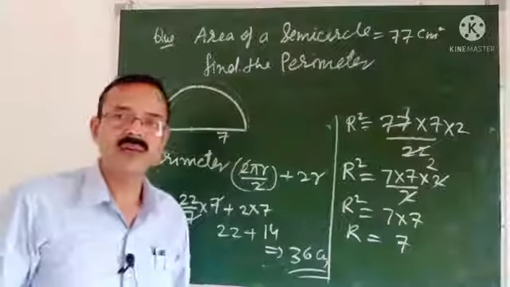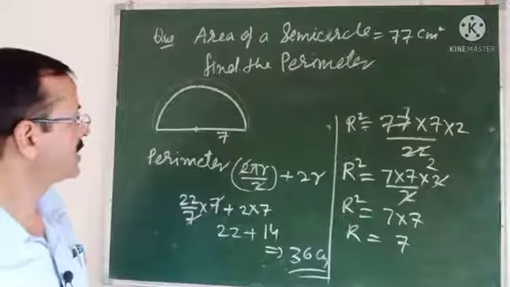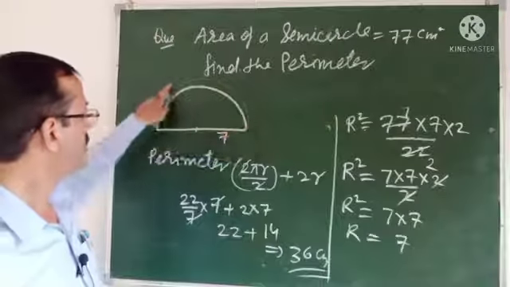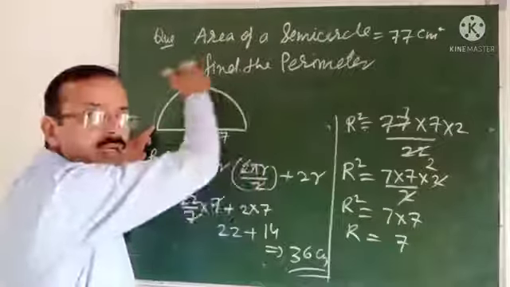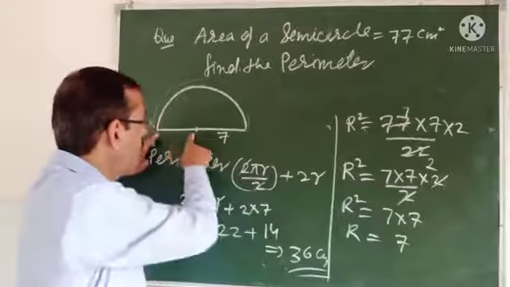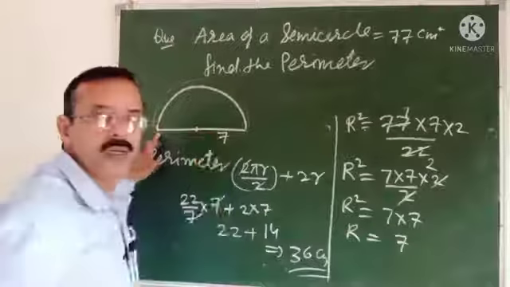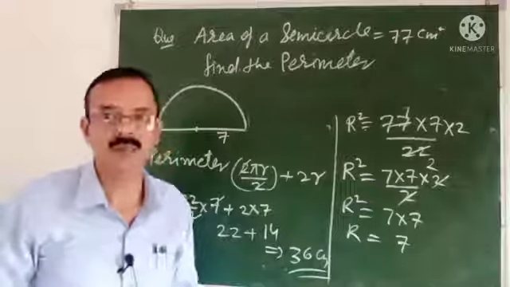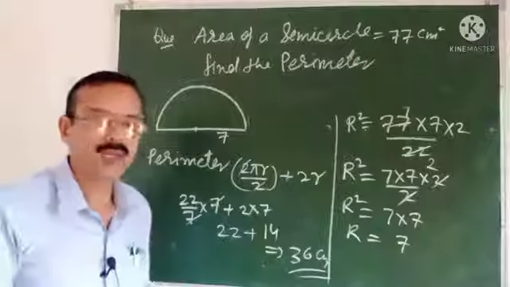We have not to find the full circle, we have to find the semicircle. The perimeter of the semicircle means the length of the boundary from here to here, that will be pi r, because the total is 2 pi r upon 2, plus this total boundary length, which will be 2r. So this way we found it is equal to 36 centimeter. I hope, students, you understood and each line of the concept is clear.